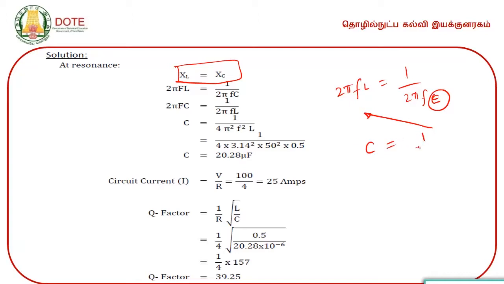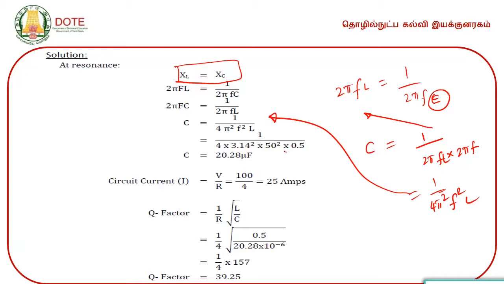Now, 1 by 2 pi F is already there, into this 2 pi F will come. So, it is 1 by 4 pi square F square into L, already L is here. So, this is the expression for the capacitance value, 1 by 4 pi square F square into L,